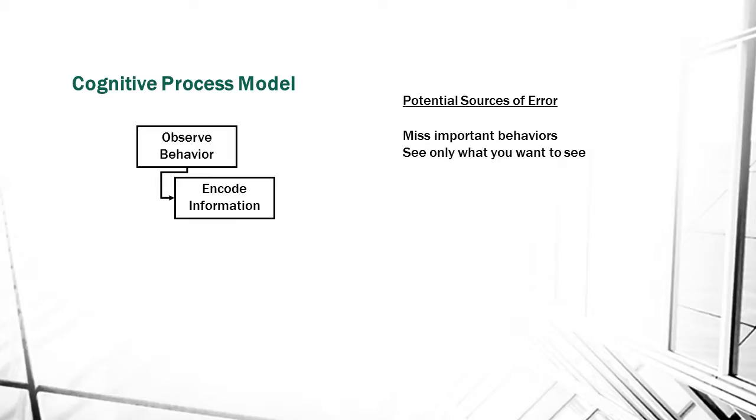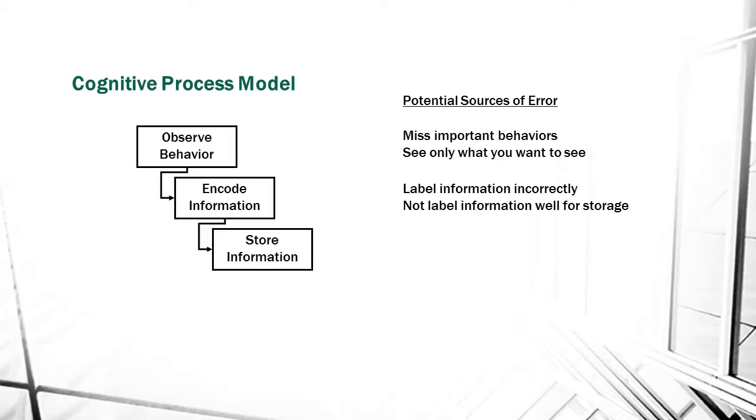The next step from a cognitive perspective is we have to encode that information. We have to think about how we're going to store it in our memory. We've got to process it in some way. And this might be interpreting a behavior as negative or positive. We can make errors in how we code that information. We could see a behavior and mistakenly remember it as being a very positive behavior when it wasn't. Or we might not think about a behavior well enough. We might not be paying enough attention to it to encode it for storage,